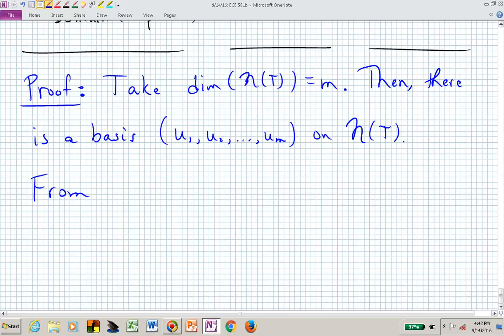We can now extend upon that basis to obtain a basis for the underlying input vector space. We had a theorem on that before. From Chapter 2, Theorem 3.3,